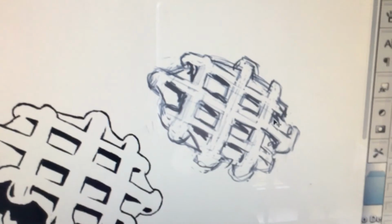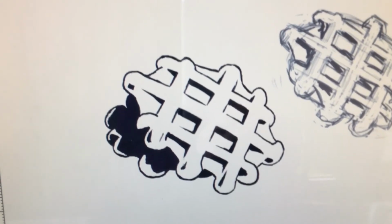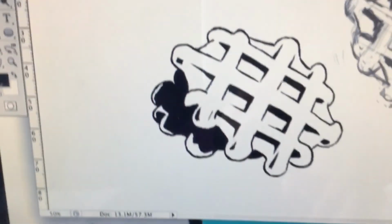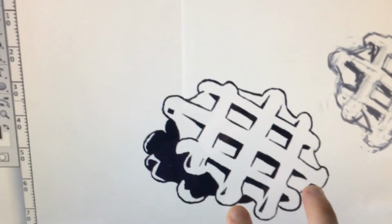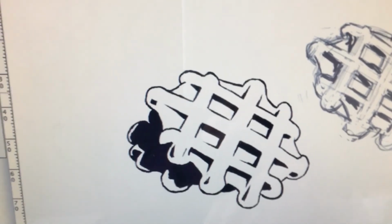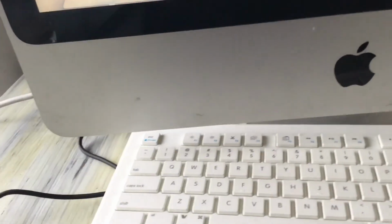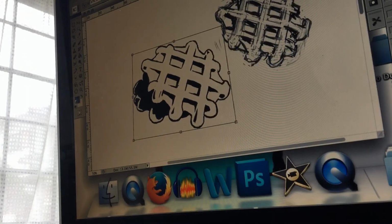So this is the sketch I started with, and this is the finished one that I did off of the sketch. There's a couple of things about perspective here that I could have done a bit better. Like this being smaller than this is a bit off. I might tweak that even now. As a matter of fact. And then as the last thing I'm going to do,